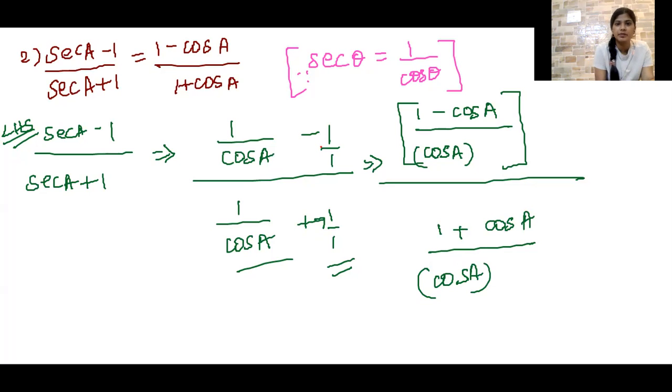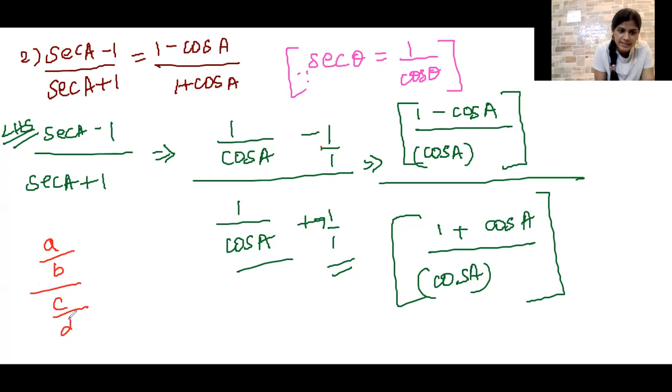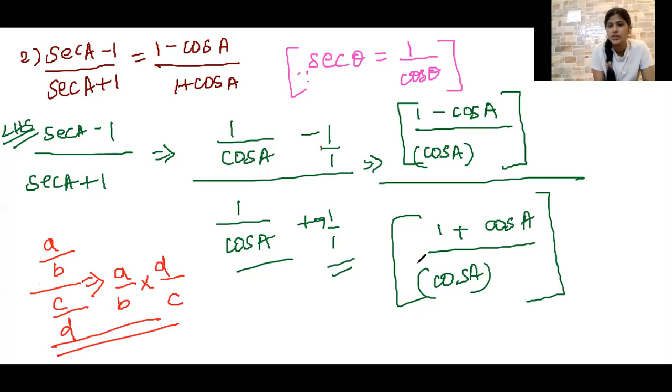So now we are going to simplify this, reduce this. A by B by C by D. I'm going to simplify this expression, and let me give you an example. For instance, you take A by B by C by D. This can be written as A by B times D by C, isn't it? So I'm going to apply that strategy for this step.